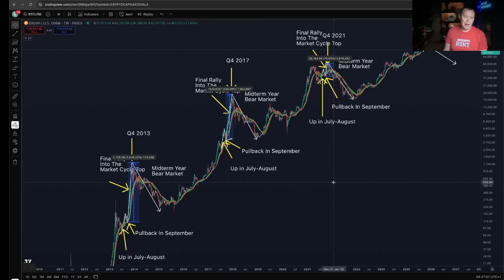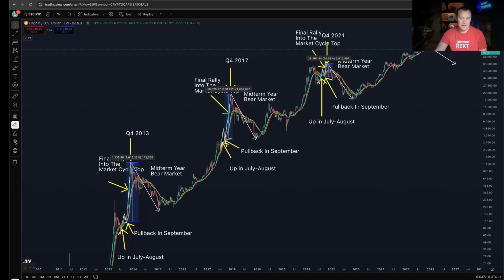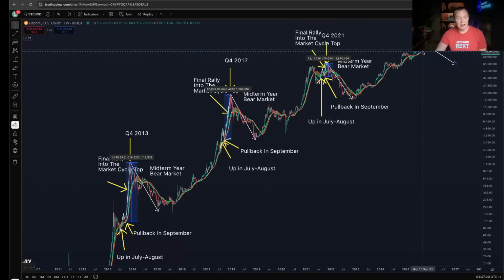So I'm just thinking, hey, if we're sitting here at the end of August and Bitcoin is doing pretty good and it just feels like there's no stopping it, I'm going to be thinking, look, guys, every single September we get that pullback to the 20-week SMA. And if that happens, it would likely be scary, not really for Bitcoin, but you know what would be